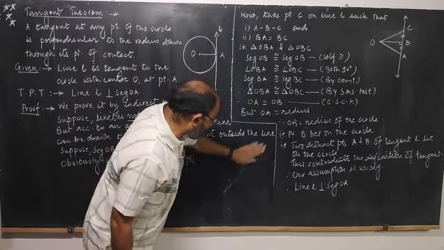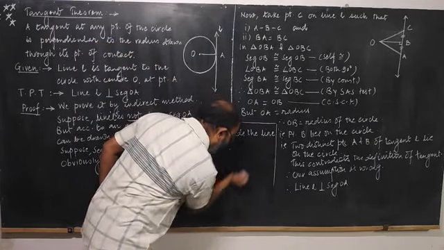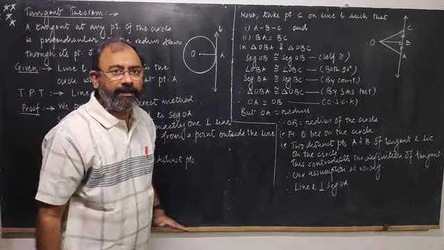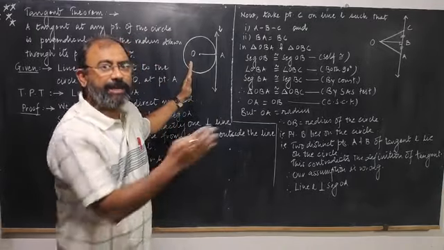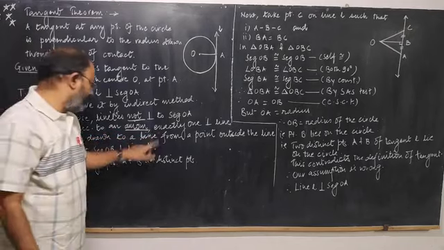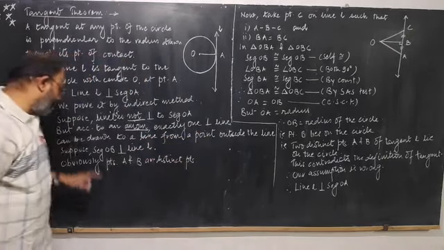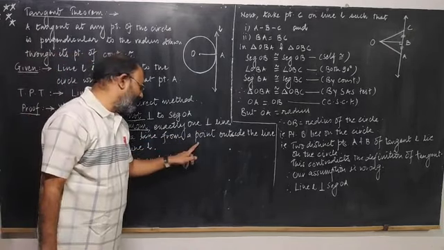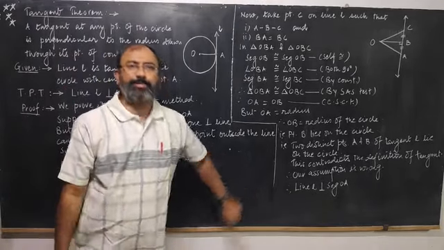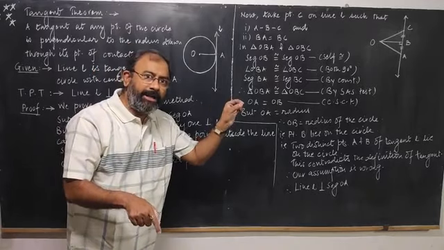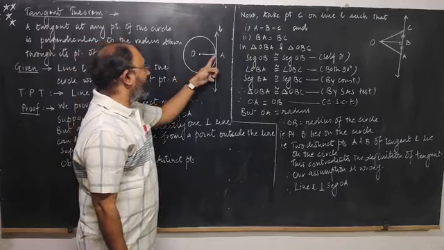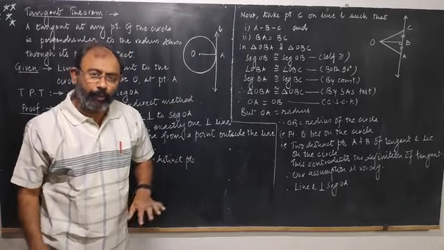So what did we say just now? That segment OA is not perpendicular. But point O is outside line L. Okay, so we will write: but according to an axiom, exactly one perpendicular line can be drawn to a line from a point which is outside the line, which I have just explained. If there is a point outside the line, you can draw a perpendicular from that point. Now this is not perpendicular, so there must be another one.